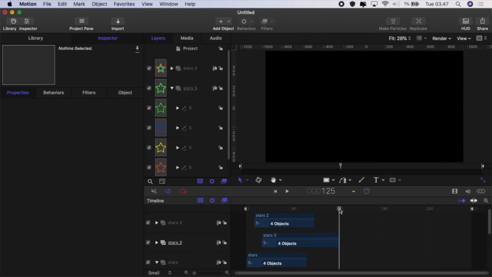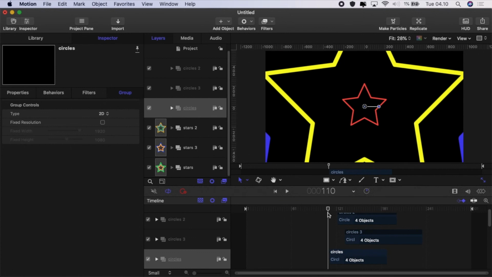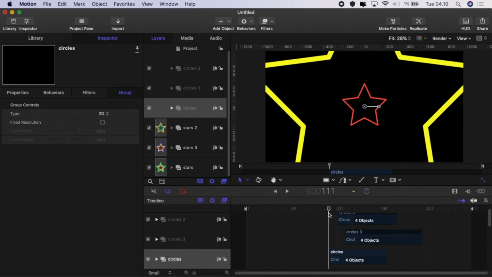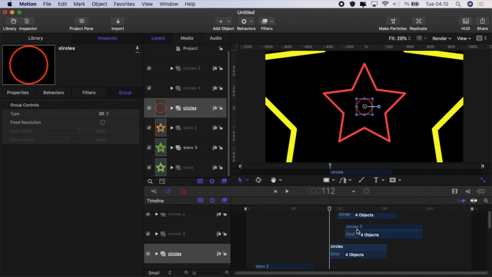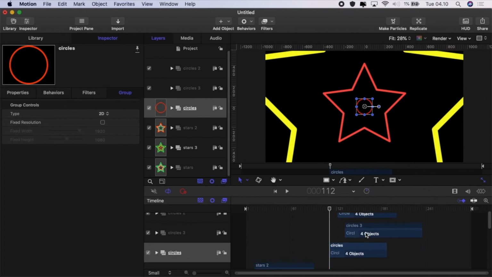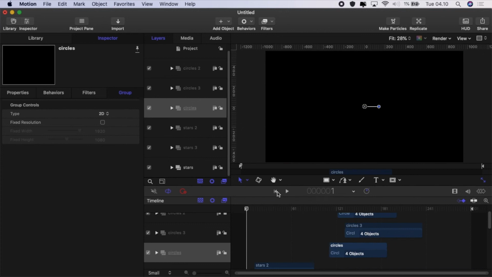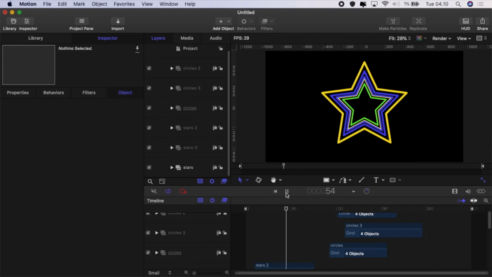And we just created exactly the same thing with a circle, and then we lined up the circles in exactly the same way as we did with the star. We set the first circle to come in as the red triangle was coming out, and moved the second group up 10 frames and the third group up 10 frames. We did exactly the same to animate out the circle, and then finally that left us with this nice little bouncy effect,